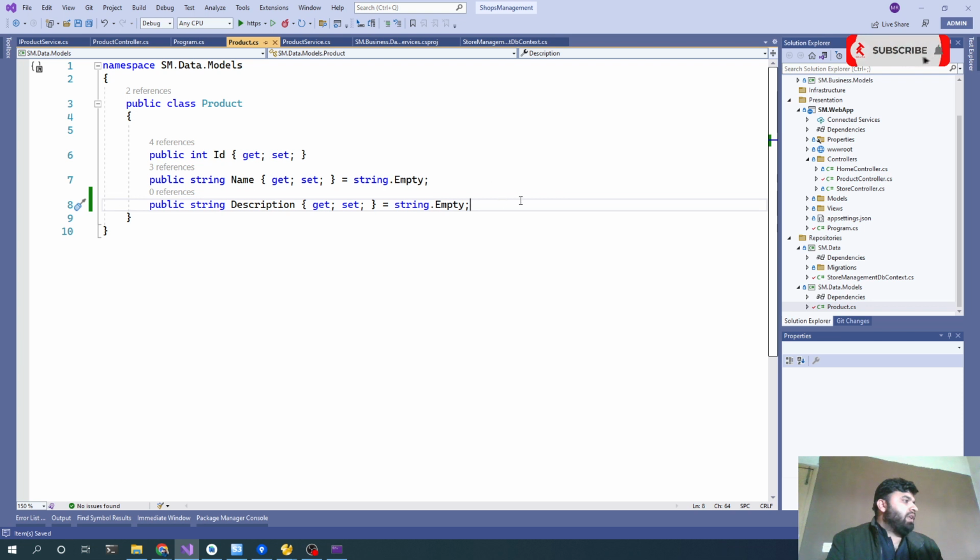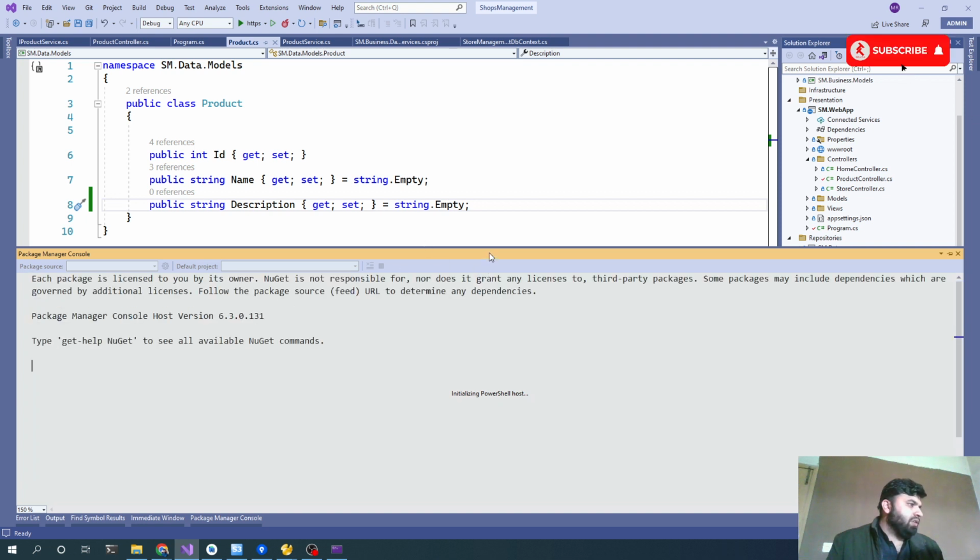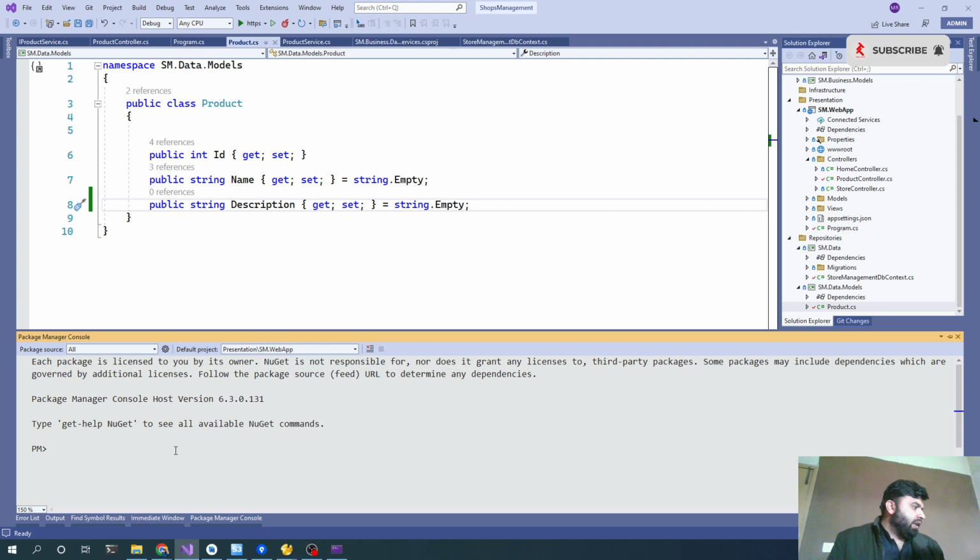Okay, so for that one, we have changed the model, and to detect that we need to add a migration in the project now, right? So for that one, we will be opening our package manager console, and we will be executing the update database command, and we need to specify from the top,